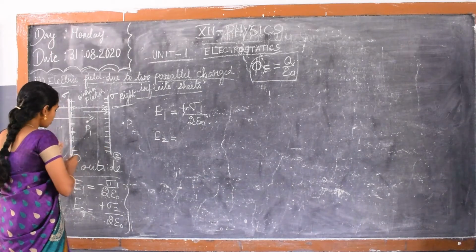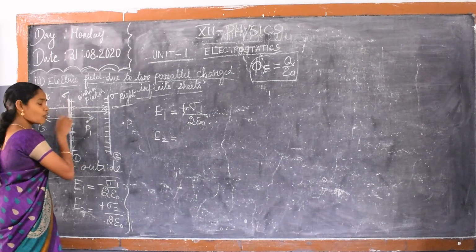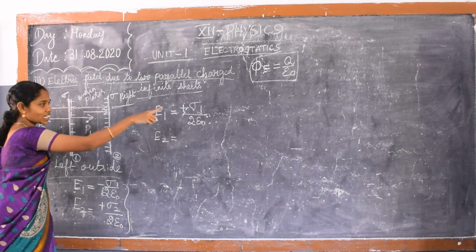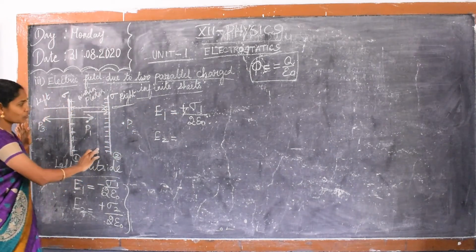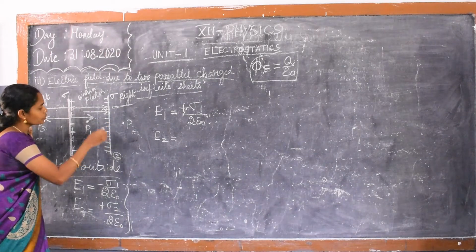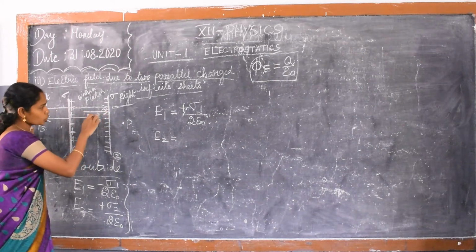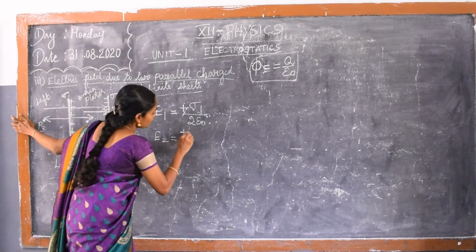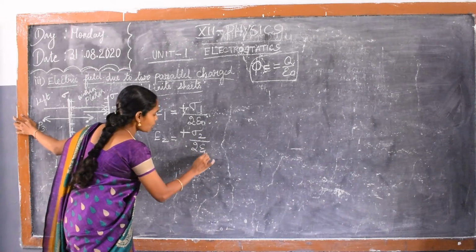In the first plane sheet we saw there are positive charges. So the electric field line will be away from the charge. Away from the charge, but the direction is towards right, so I put a plus sign. Next, what do we need to calculate? We need to calculate the electric field of the second sheet. What charges are there in the second sheet? Negative charges, right? So how will the electric field line be? If there are negative charges, it is towards the charge. So how is this one? Looking at the direction, it is towards right. So here also we put a plus sign. So plus sign sigma 2 divided by 2 epsilon naught.